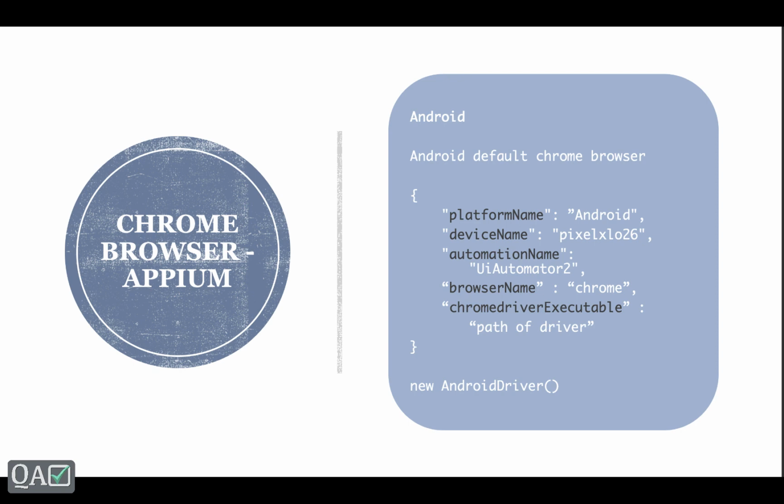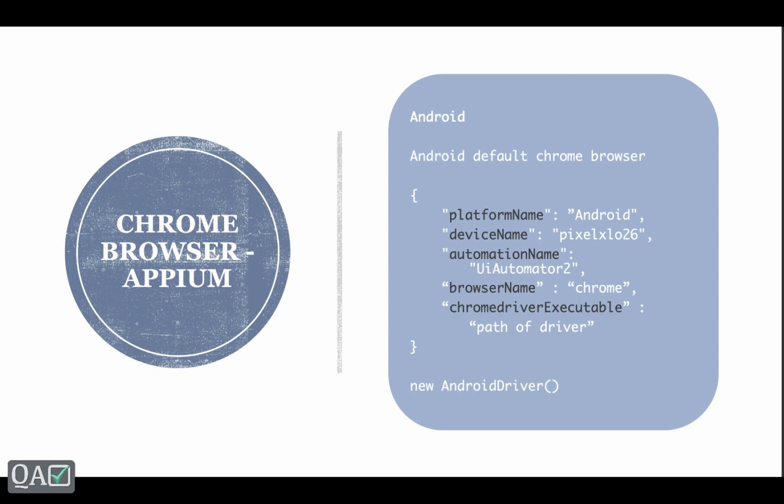Okay, so as you can see, the platform name, device name, and the automation name remain the same, because be it a normal native application or a browser, these three things remain the same. But app package and app activity we will not be using here. Instead, we will use the Chrome browser, because you can have only one Chrome browser in your mobile device, right? So as soon as we write the browser name as Chrome, APM identifies Chrome as the application on which it is going to run the test.